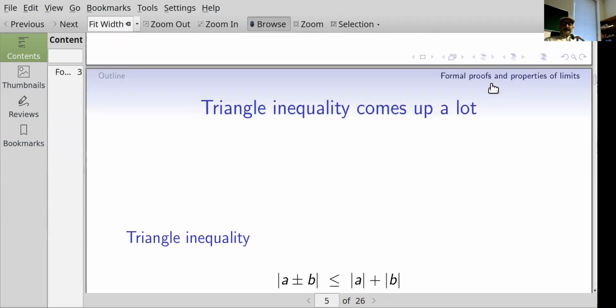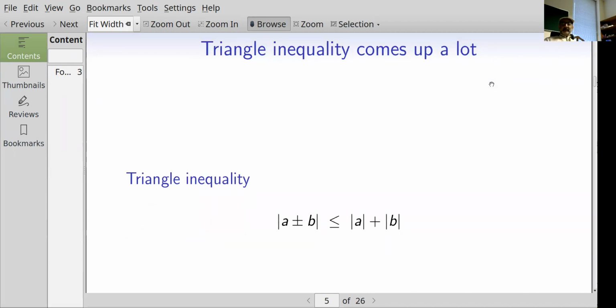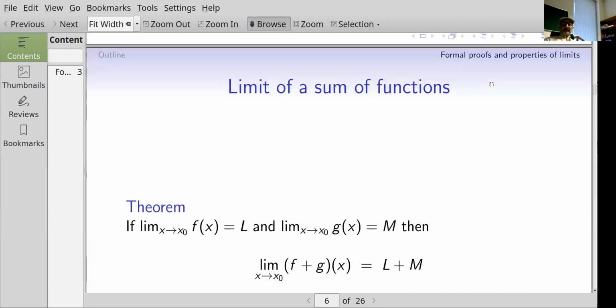Okay, now in these proofs, the triangle inequality comes up a lot. This says that for any two real numbers a and b, it is true that the absolute value of a plus b, or the absolute value of a minus b, is less than or equal to the absolute value of a plus the absolute value of b. Okay. Now we're going to use that